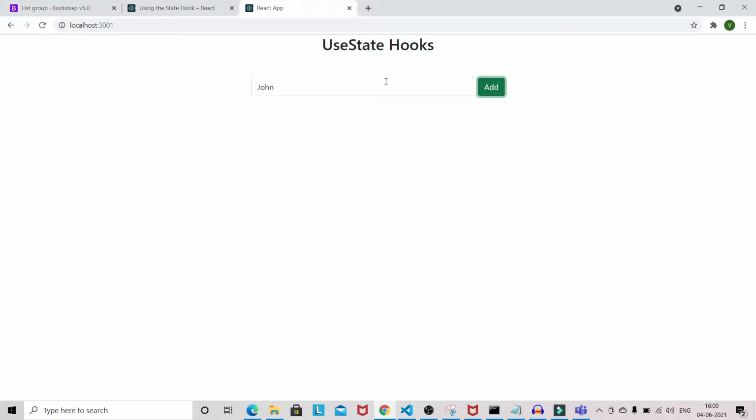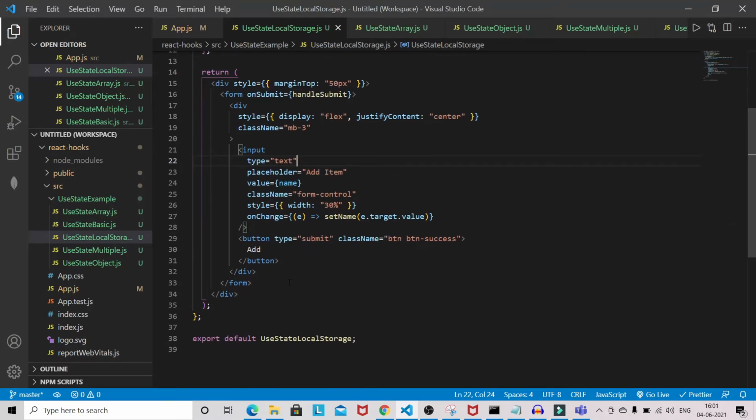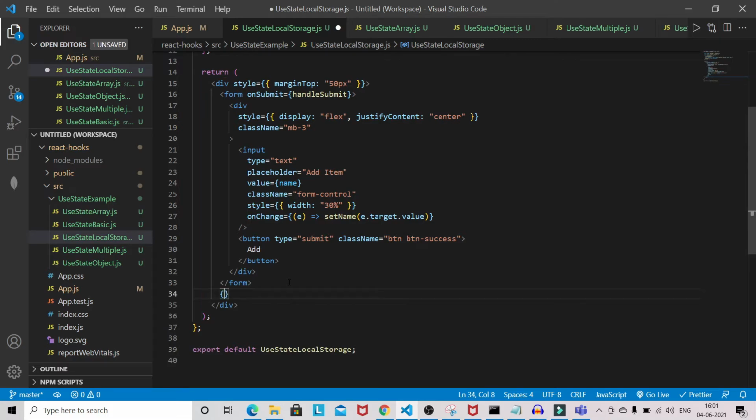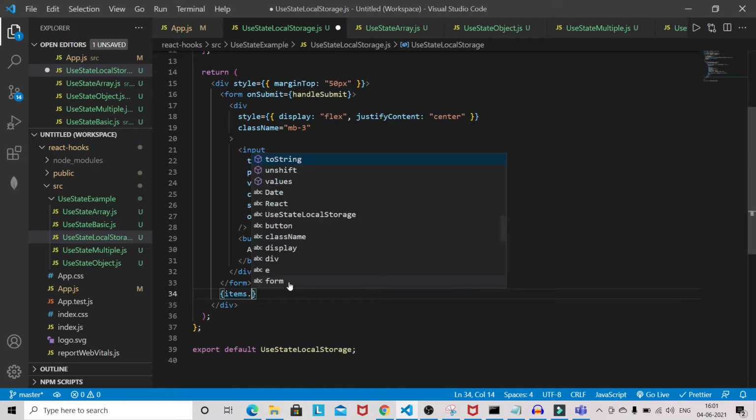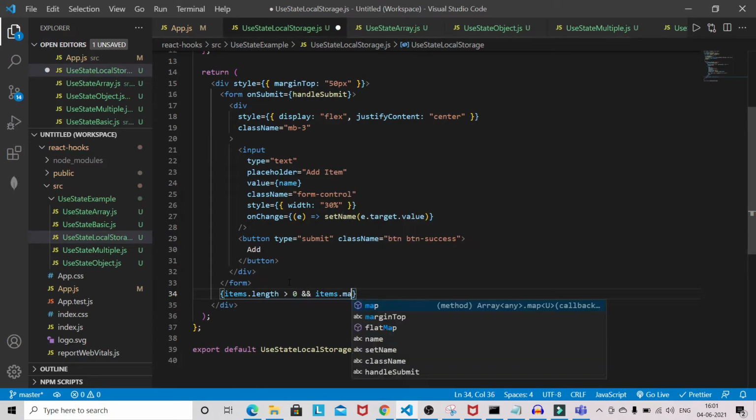Okay, so if you reload the page, just reload the page, so the input is getting cleared, and also we are not getting the item after adding, so we have to display the item. So what we can do, after form we can display that item. Okay, so if items.length greater than 0, then only I want to display the item.